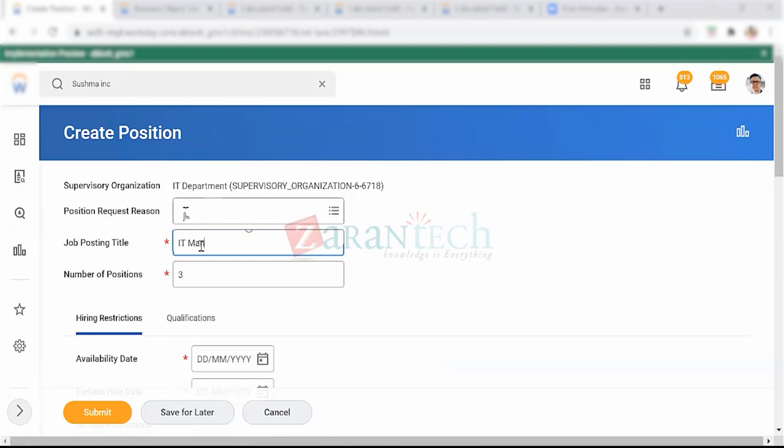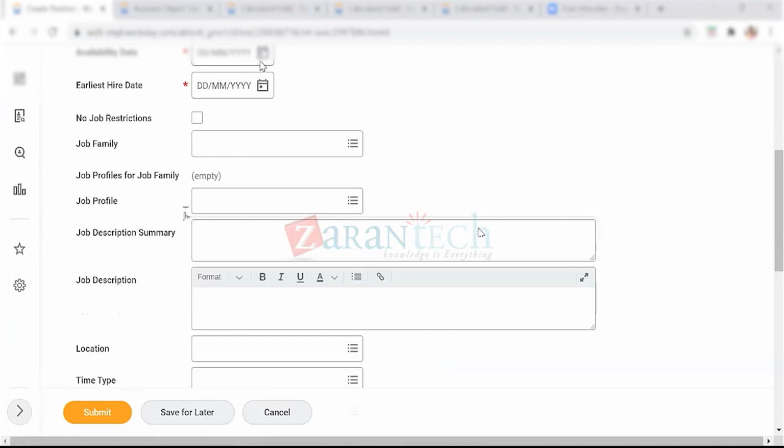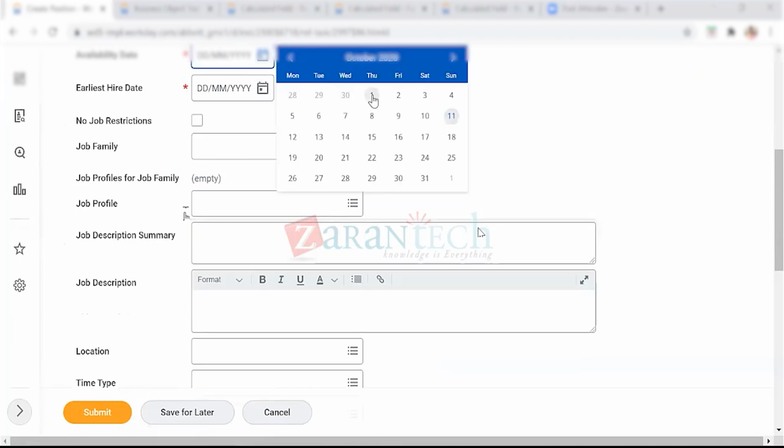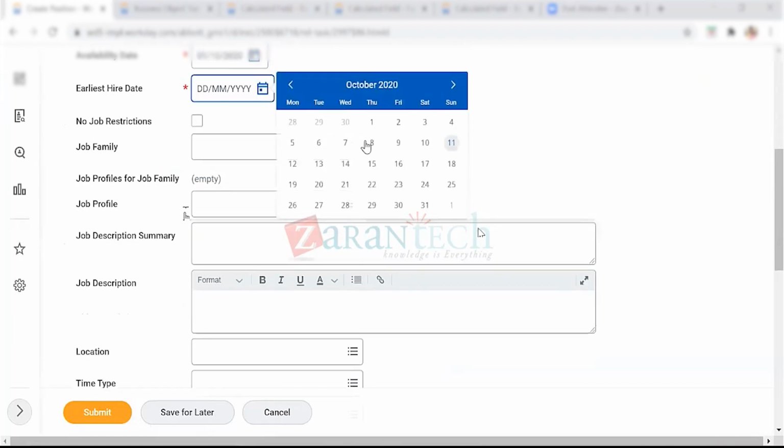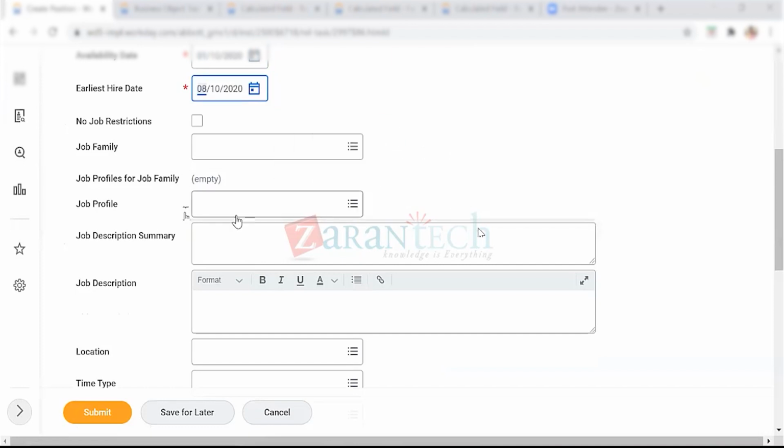Okay. And then what is the available date? It should be, let's say, 1st of October. And my earliest hire date is 8. Okay. So if you give no job restrictions, these things are not required to specify. If I uncheck it, it will throw an error. You have to specify the job